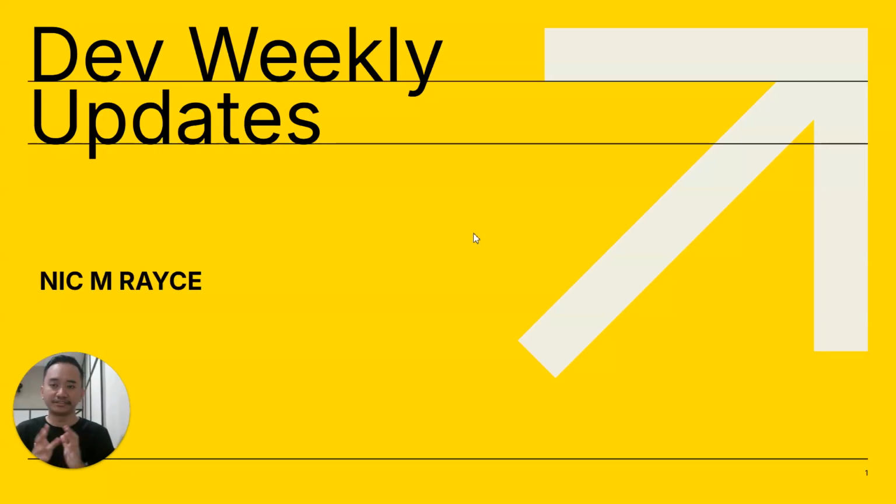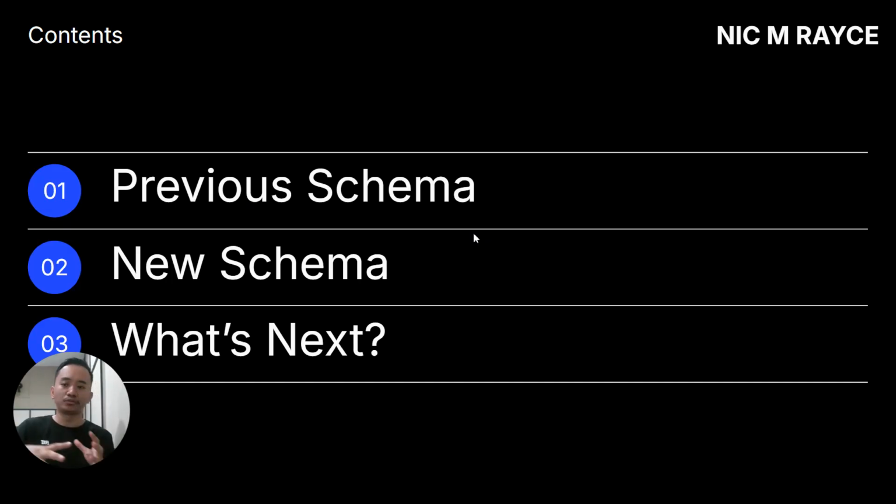So basically, this is my dev weekly updates. It's going to cover what I've done this week, what I've done last week, and then what I'm going to do this week. So last week is all about schema. It's all about the database. I want to make sure that whatever schema we're going to work with, the database is able to support our ongoing development sprint, weeks to come, and